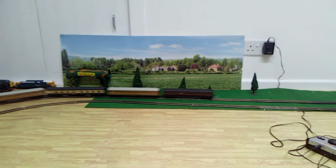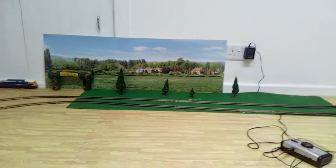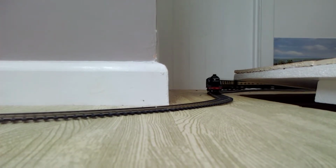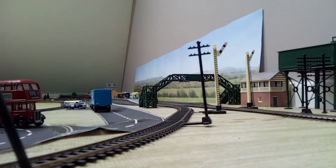Let's move on to number 3 of the famous LNER trains. So the next famous train is going to be the Northern Belle. And the Northern Belle was only around for 10 years, but was originally used by a LNER B12. But then after a while, they decided that it wasn't going to be luxurious enough to have a B12, so they went away and